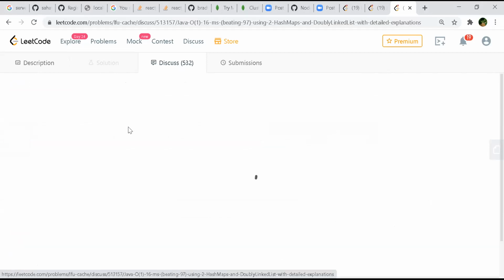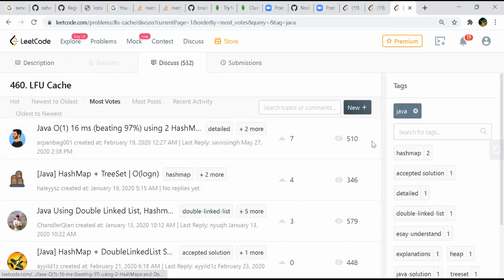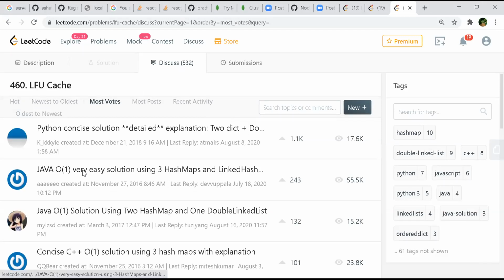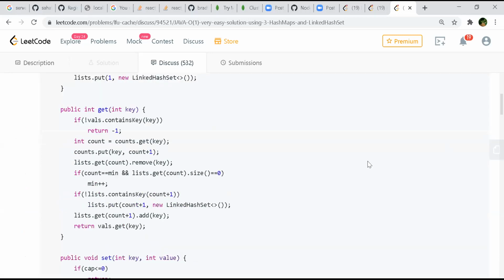If you could just go to the previous screen, what was that? Okay. So you're telling the second one, right? Yeah, this guy. So it looks easy. Yeah, he's also using integer values, then counts. And then he's using a linked list, but I'm not sure how he actually accesses O of 1. It looks similar to yours, I think. Yeah, similar, but then how is he accessing a particular list in O of 1 time?